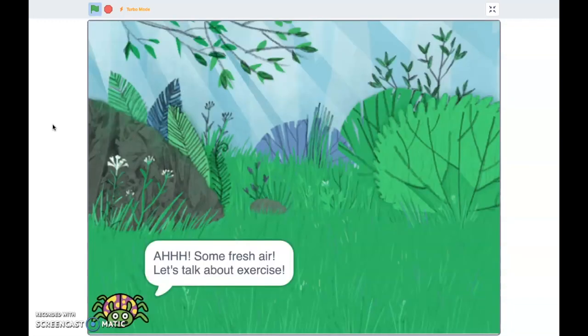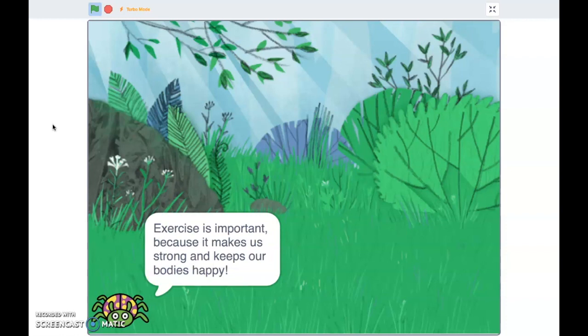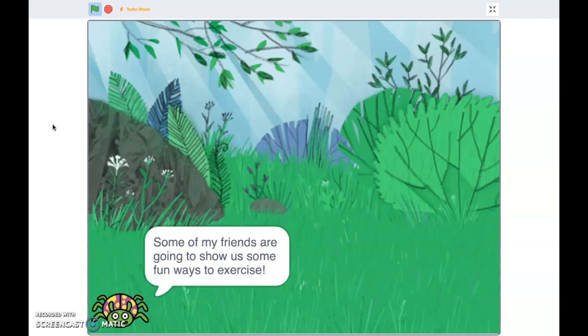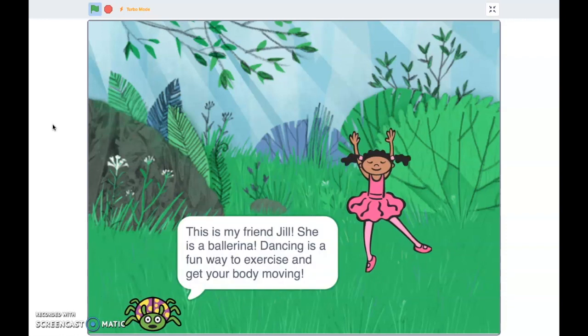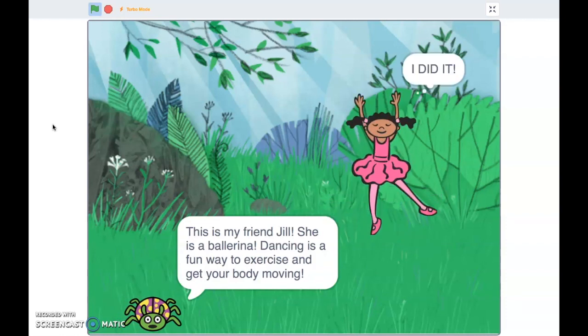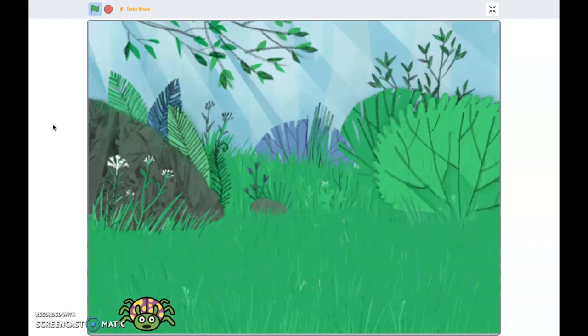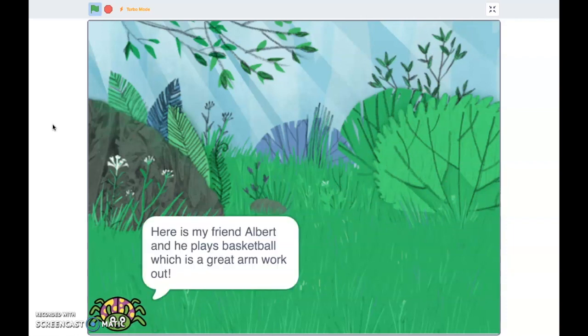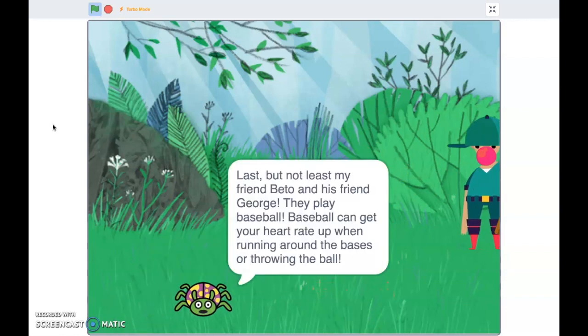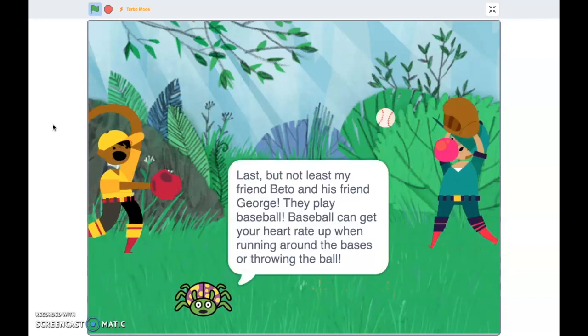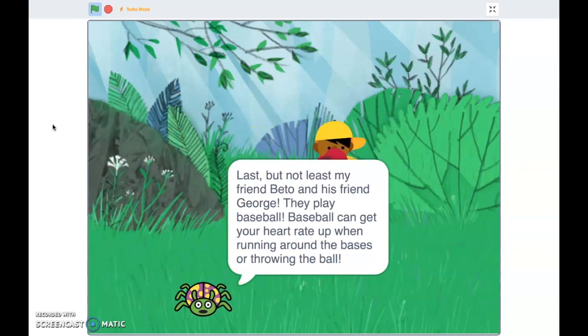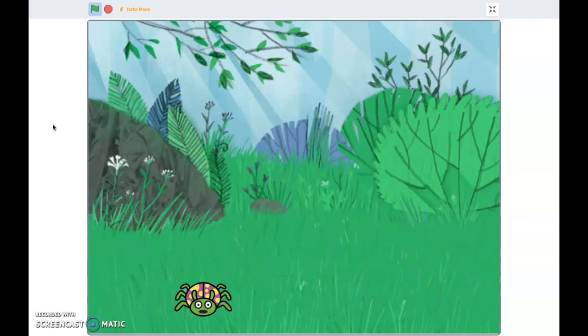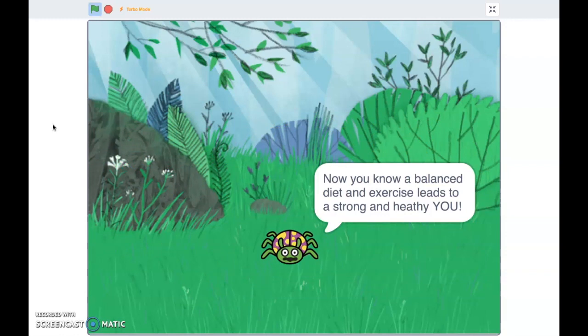And then we move to outside, and he's going to introduce us to some of his friends that exercise in their own ways. So his first friend is Jill, and she's a dancer, which is a form of exercise. His next friend is Albert, and Albert's in a wheelchair, so this shows how kiddos who are differently abled can also exercise. And then we have a pair playing baseball, and it shows how they exercise running around. And then Freddy closes up,